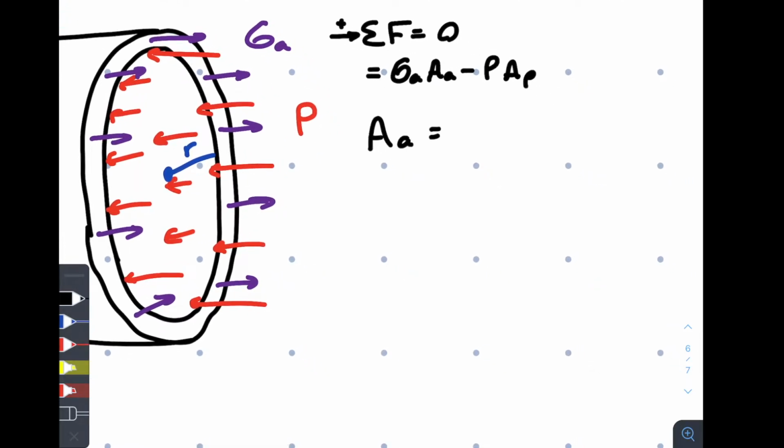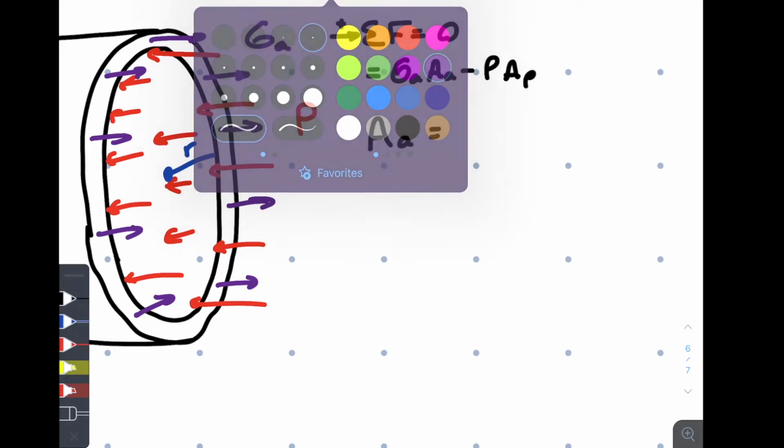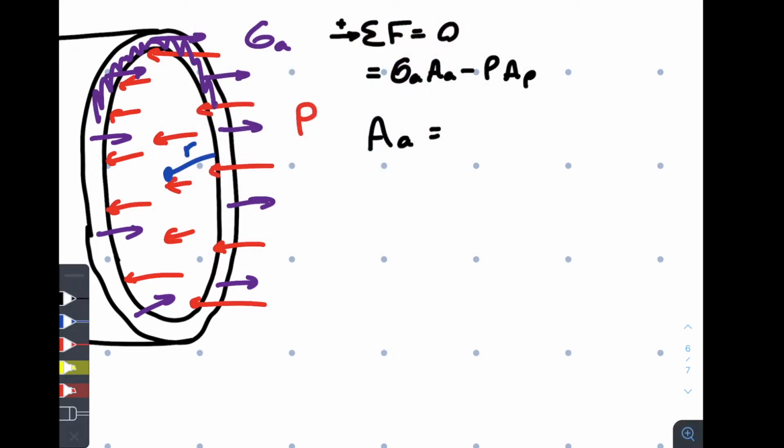So what's the area that the axial stress is acting over? Well, that's going to be the rim, right? Because it's going to be wherever the material is. Let's draw that in. It's going to be this. This is going to be the area that the axial stress is acting over. So how do we write that? Well, it's pretty simple. We just subtract the two circles that make it up, right? So if we call this right here our thickness, t,